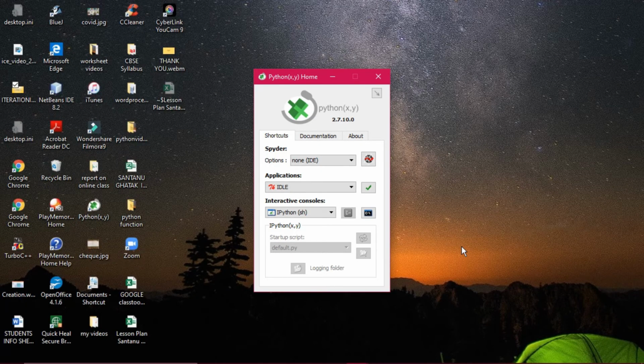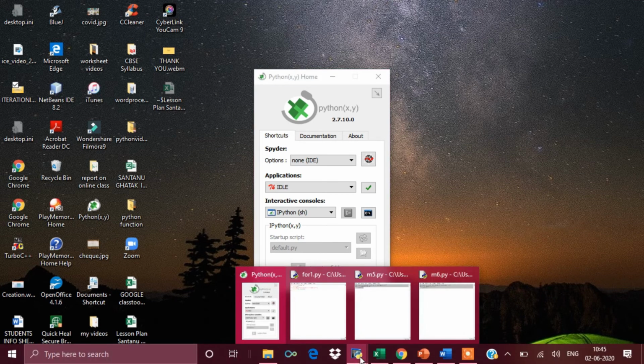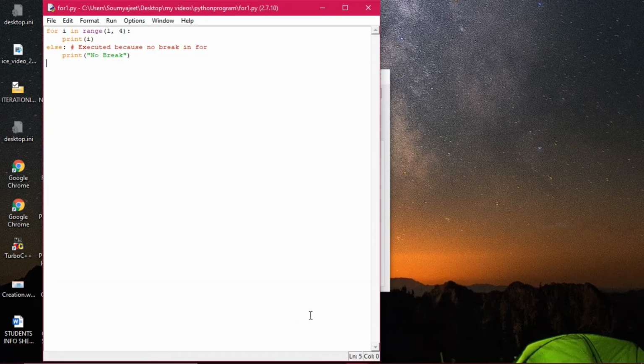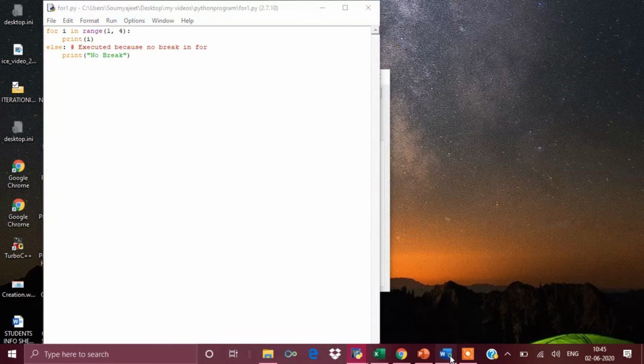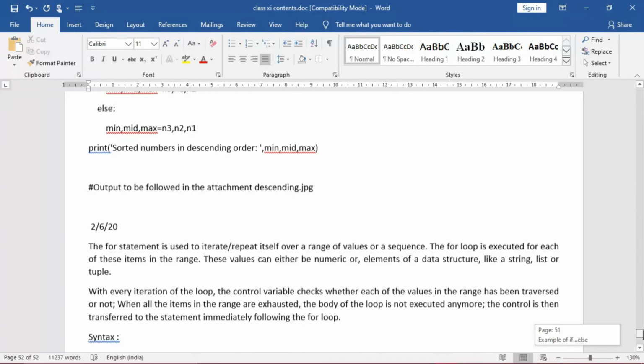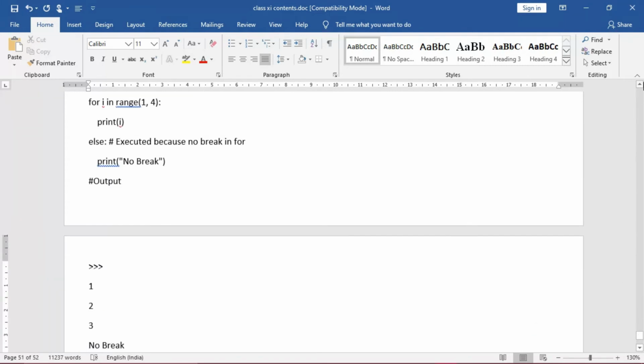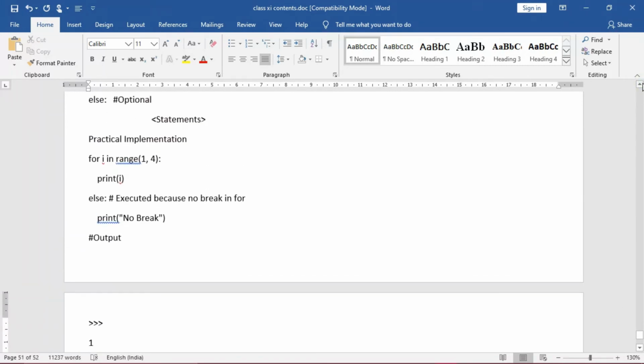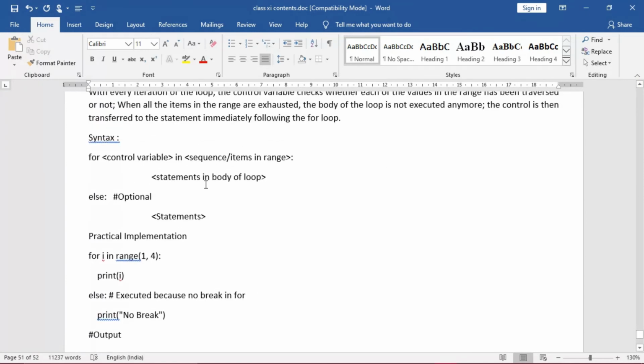Now students, we are going with the programs using the for loop iterative structure. Let us see the programs one by one that you can implement practically. What has been given in the first program is for i in range. Remember this whenever you consider the syntax of a for loop. Now let me show you the syntax of the for loop. This is the syntax of the for loop. You can see it better.